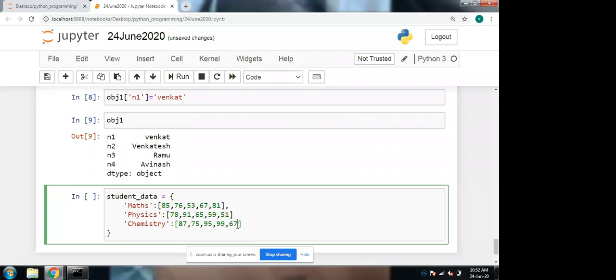So the dictionary is created. Now my task is to convert it into a data frame.